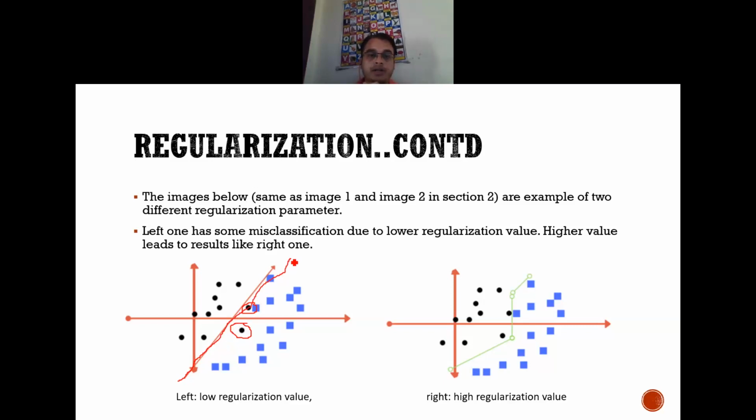So there is a chance of misclassification. But if I go with the high regularization parameter, just see over here, a typical, identical one-to-one line has been giving me a proper separation between the two classes.